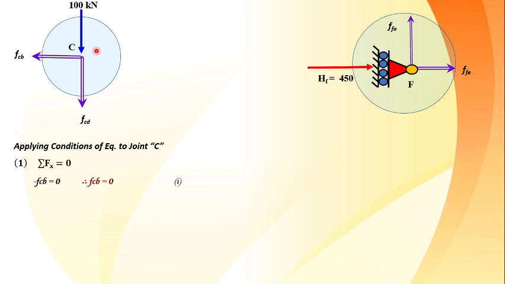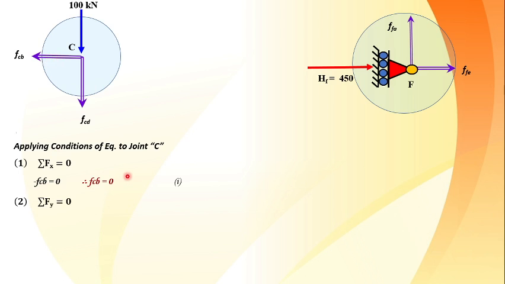So minus FCB is equal to 0. There is only one thing remaining here. So this is an ideal condition to apply that knowledge of null forces, nil forces. If this is the force and this is the member, this is also going to carry a force. These two are collinear, so the third has to be 0. This is proved here. Minus FCB has to be equal to 0.